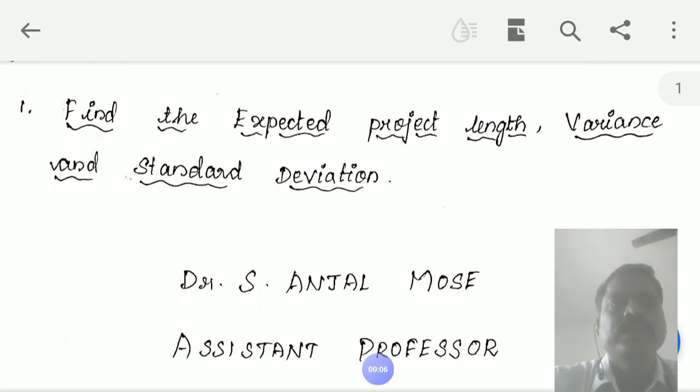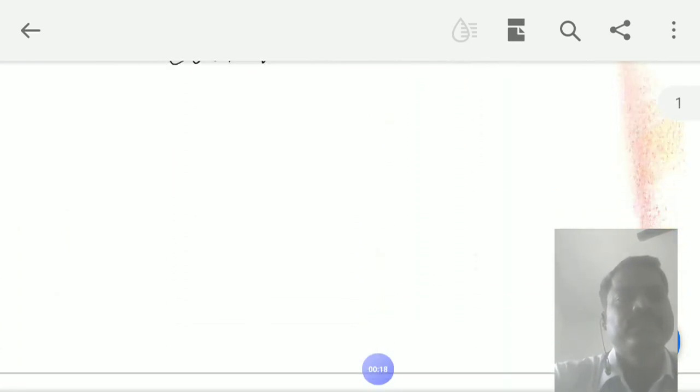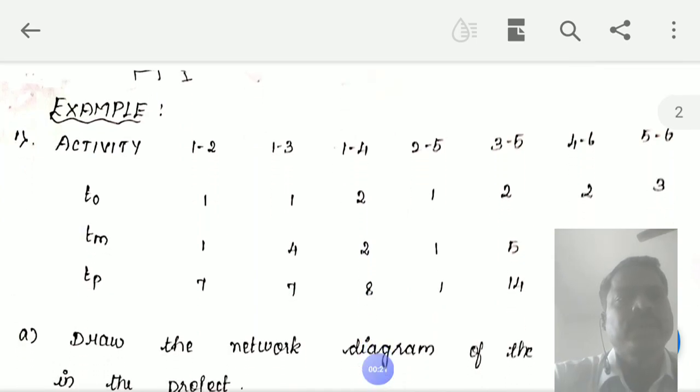We will discuss how to find the expected project length, variance and standard deviation. For example, the activity 1 to 2, 1 to 3, 1 to 4 and so on. Then TO means optimistic time, TM means most likely time, and TP means